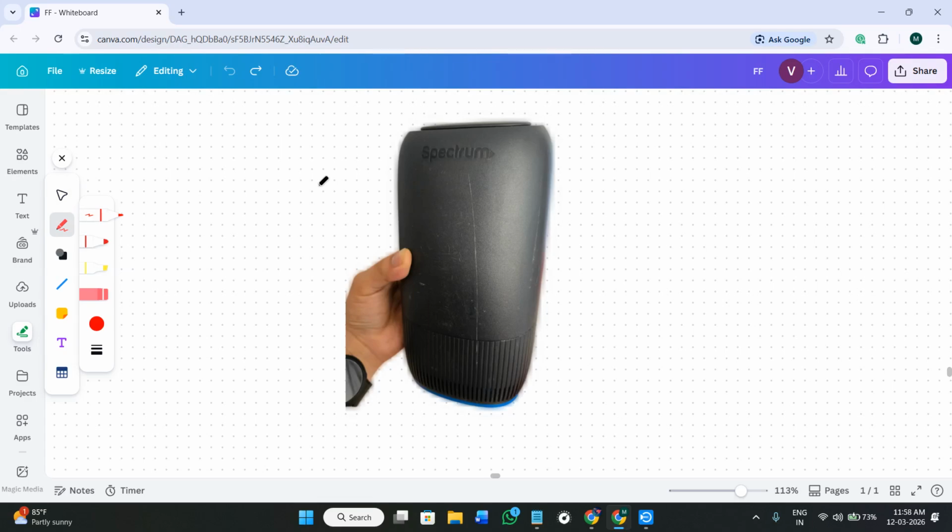In today's video, I will show you how to check the browsing history on a Spectrum Wi-Fi router in 2026. So first of all, you just have to open your web browser on a device which is connected to your Spectrum Wi-Fi network. Over here in the address bar, you just have to simply type your router's login address and